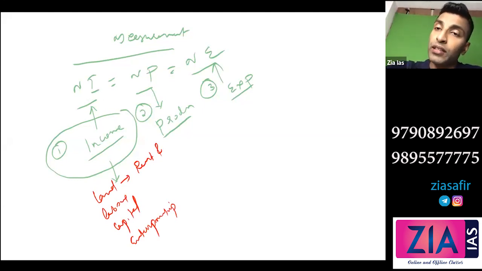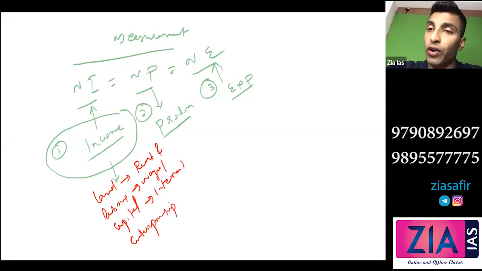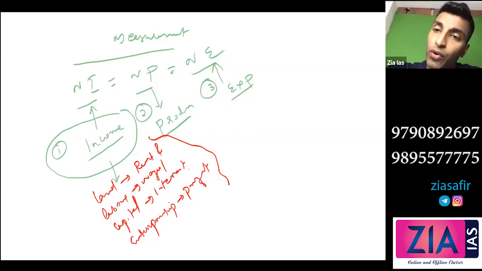Labor, this is the wages or salaries. Capital, it is the interest. Okay, and entrepreneurship, it is the profit. So you will basically add up all these incomes, and there can be one more classification. We can write all these 1, 2, 3, 4. The fifth one is actually mixed income of self-employed.